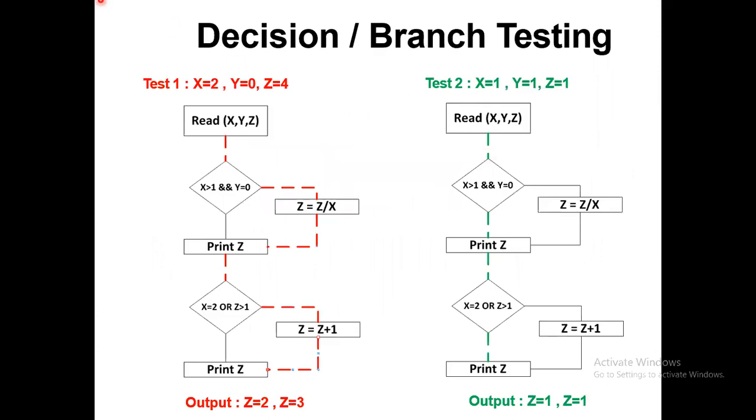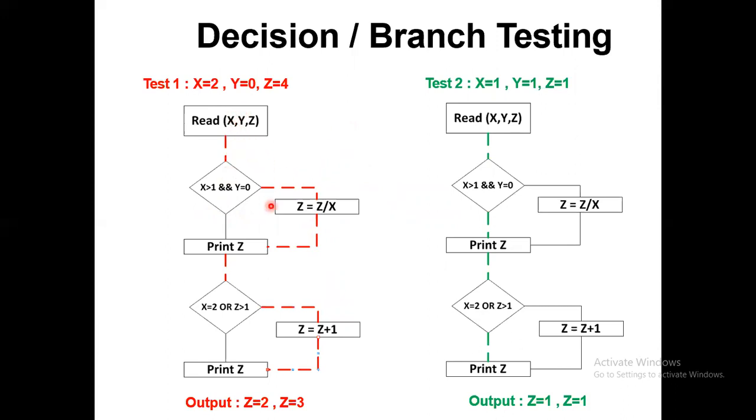If I go to this test one, what you have to understand is that whenever there is a decision, true and false are there. In some cases, in either the true or the false path, there won't be any statement to be executed, but anyway there is a path. So whenever you have a decision point, you have to do at least two tests in order to go to the false path and the true path.